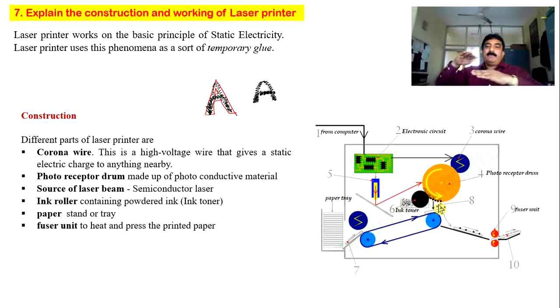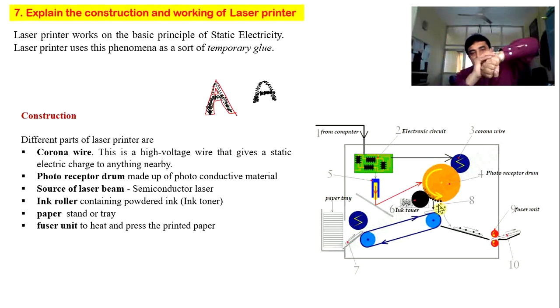That means the paper is now pressed against the drum. See, for example, I have a mark here. I have a mark here. Now my hand is the paper. So I press my hand like this. Then what happens? That ink gets deposited over there. So when I press the paper, the ink gets deposited over there.